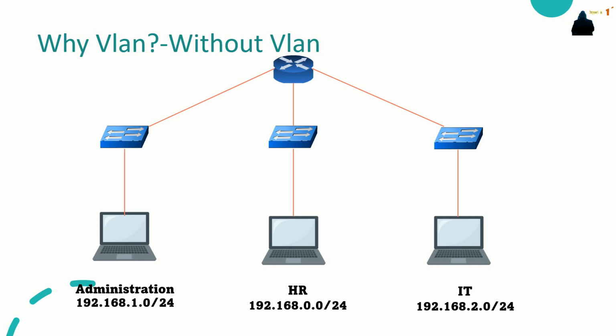Another problem, as I also said: if you have different subnets here, you can see these subnets, 192.168.1.0, and the others. If you have three subnets here, these subnets cannot communicate together in layer 2, and you must use a router, and the router can help us establish routing. But also